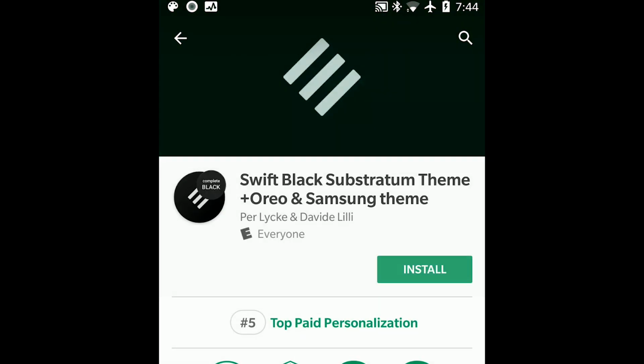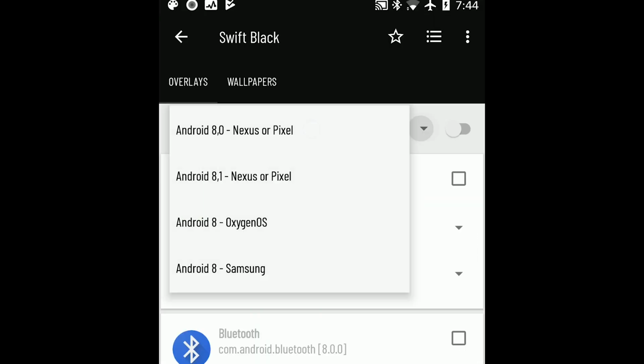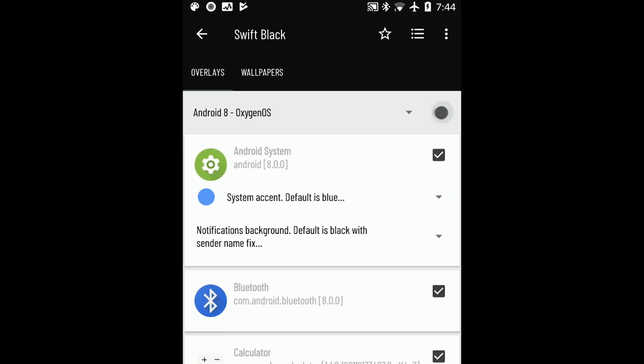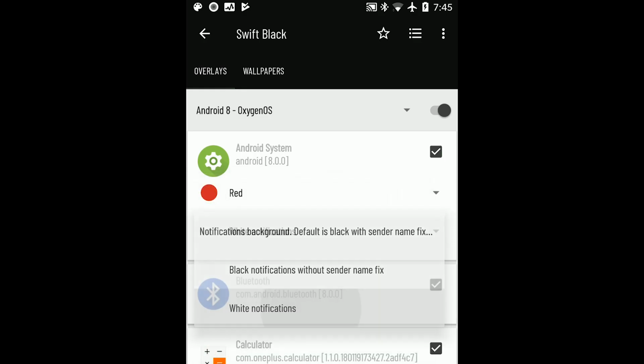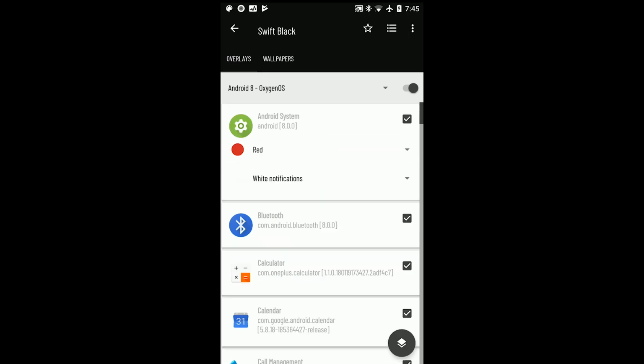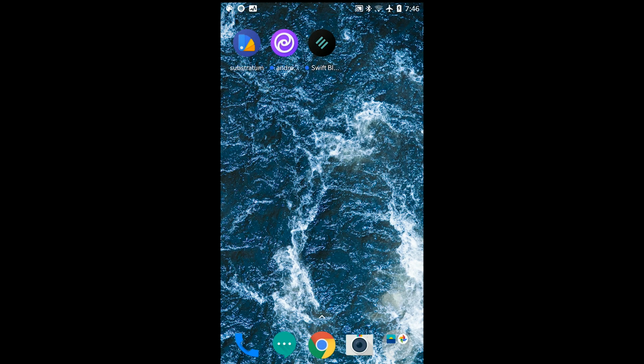I like Swift Black, it's very good. Download that, then open up Substratum, click on your theme that you want to install, click your Android version, it's very important. Then also make sure to select your accent colors, and then also any app versions if the theme requires it. Then when you're done, press the little button, build and enable, and when that's done, reboot, and you